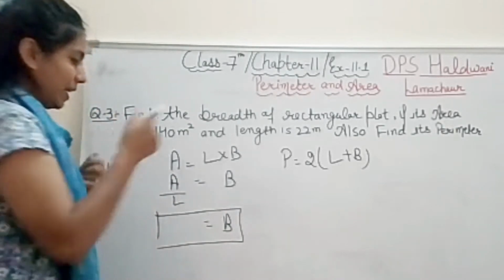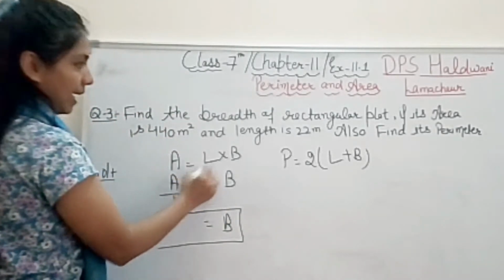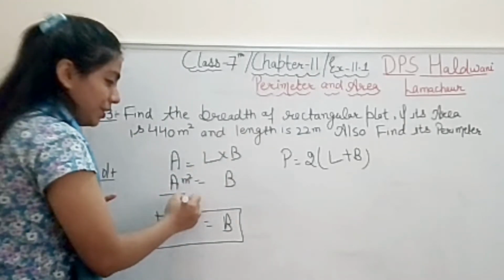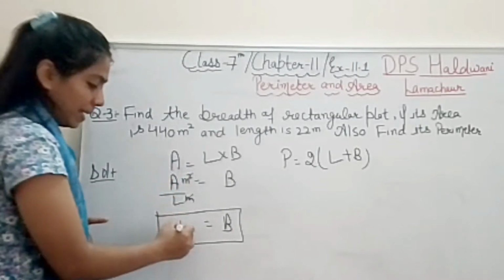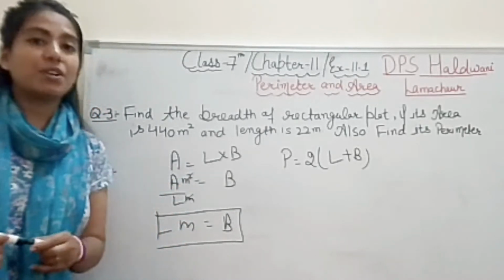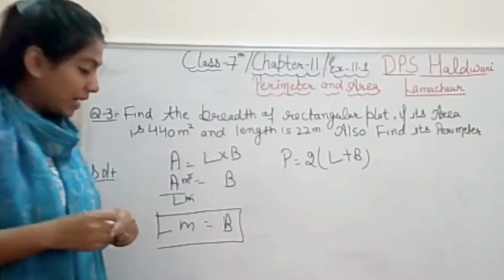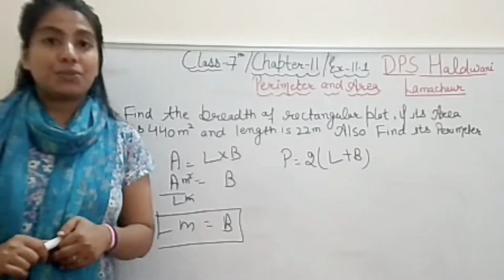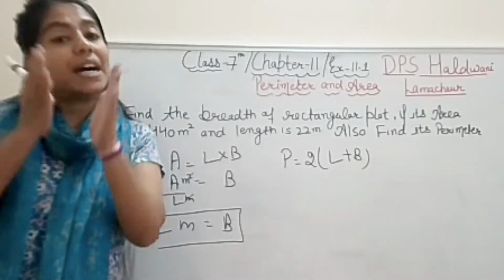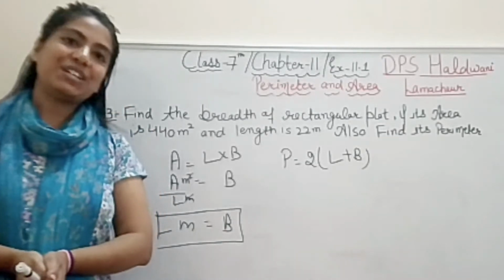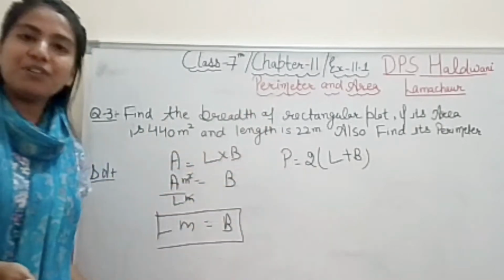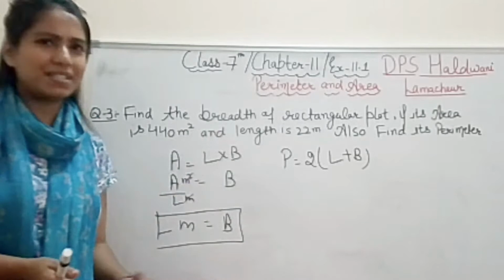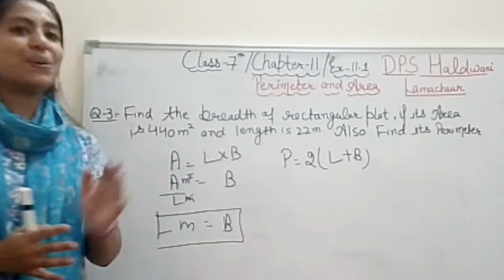So student, one more thing. See, area is in meter square and length is in meter. When you cancel the terms, you will cancel the unit as well. So breadth will be dash meter, because breadth is in one dimension. So in one dimension only meter will be there, because 1 meter will cancel out with 1 meter. So these small things you need to understand in the equation. Right, student? So this question is homework for you. You will do it on your own, although I have explained this very simply. Okay. So this is all about question number 3.